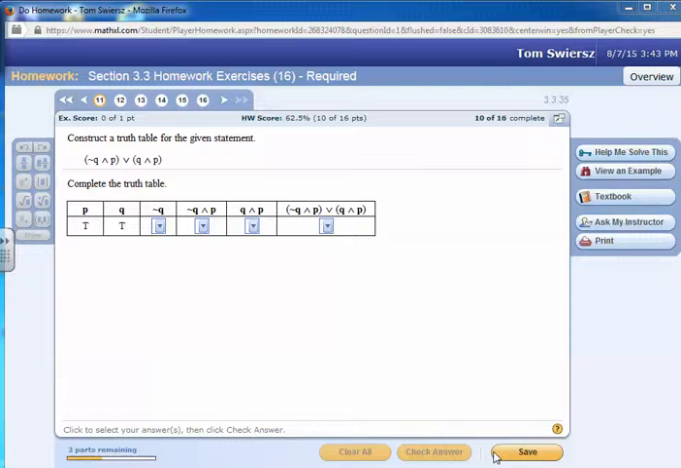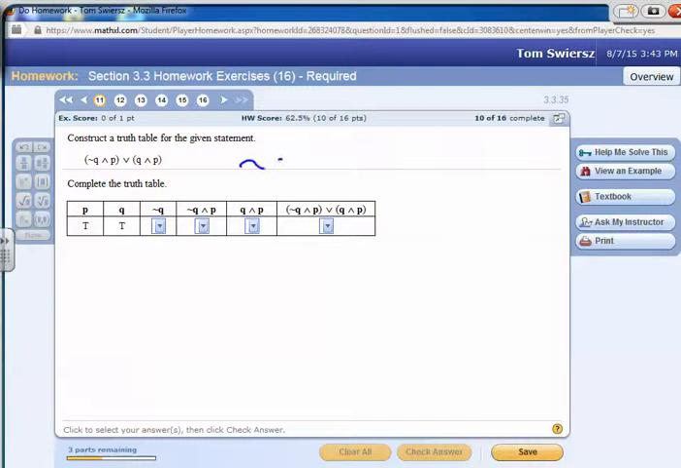Let's solve homework exercise number 11 from section 3.3. We have not Q and P, or Q and P. So order of logical operations, we're going to do the negation of Q first step, so that's